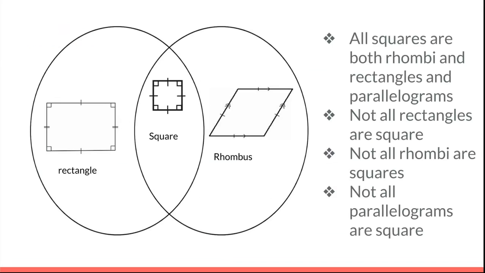Here on the slide we have a Venn diagram between a rectangle, square, and a rhombus. This Venn diagram is telling us how all squares are both rhombi and rectangles and parallelograms. But not all rectangles are squares, not all rhombi are squares, and not all parallelograms are squares. Those are some important